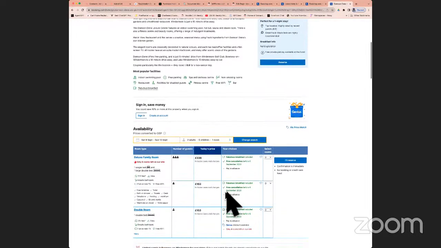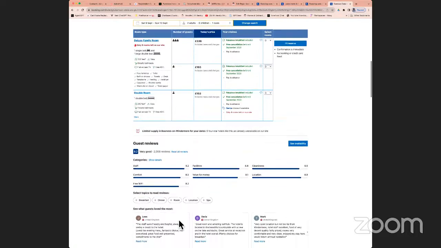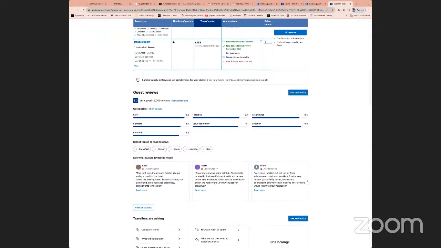And in some cases, you could also take a screenshot of this. As you can see, this is showing product availability. Only 6 rooms are left, limited supply. And these are bits which are going to be useful to insert as examples into your assignment to prove the point that you have looked at the digital marketing mix and explained it in detail as well. So let me put a few of the shots in, and that would make the point which I'm trying to make. So let me just take you back.